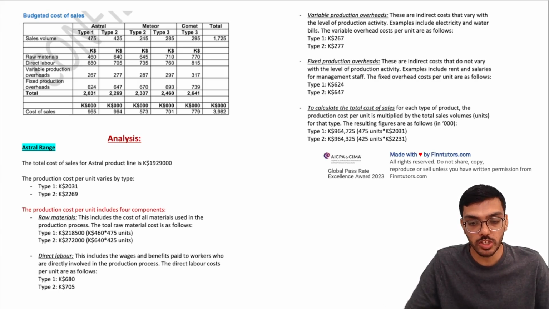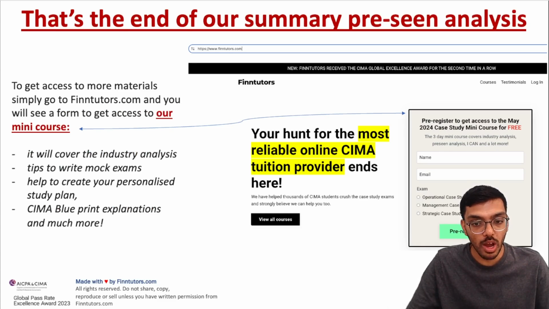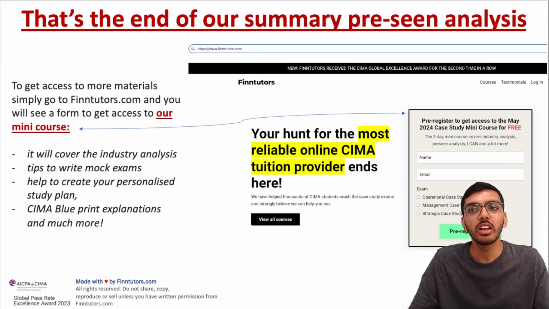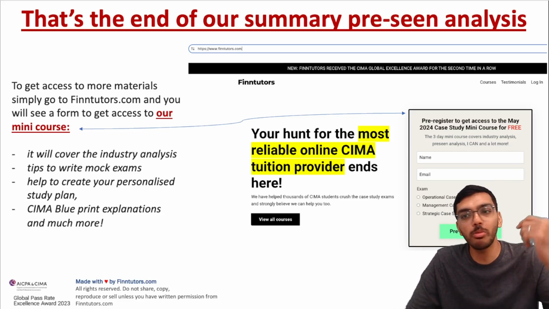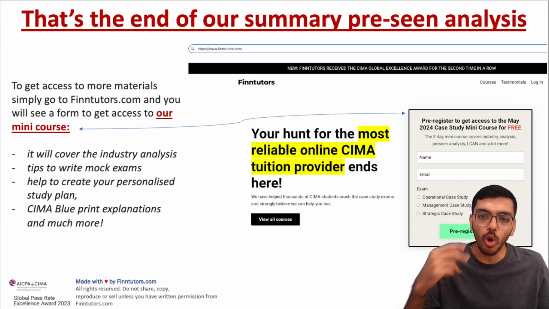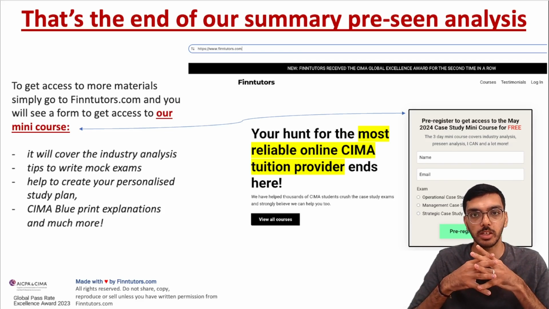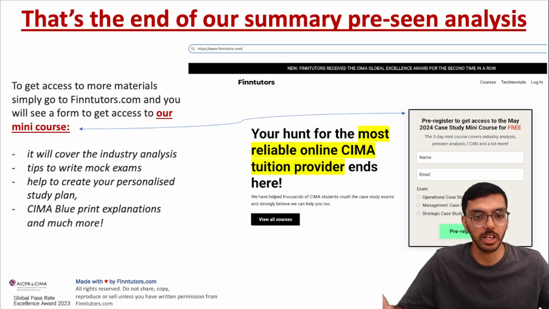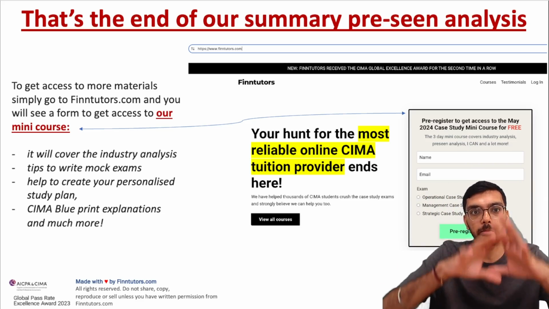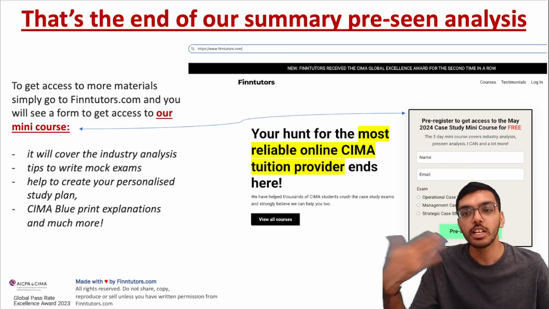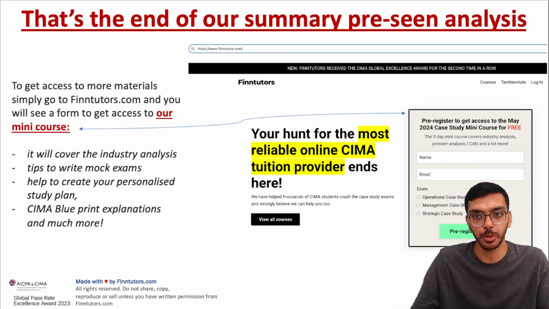So like I said, through this quick analysis, you have learned so much about the company in less than 60 minutes, which means if you do a detailed analysis with us, your knowledge is going to be far, far superior. You don't need to read anything else, and if you do my analysis twice, you'll remember all the important things which are needed to know about this pre-seen, and you'll organically remember it because we explain it with diagrams, we explain it with E1, P1, F1 relation throughout. So it adds a lot of value for you.